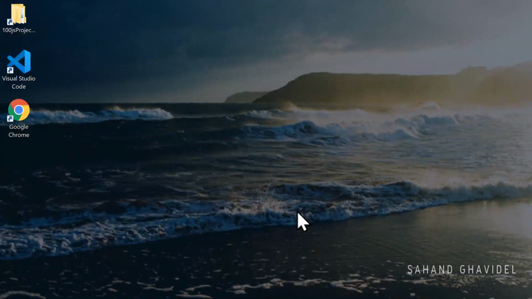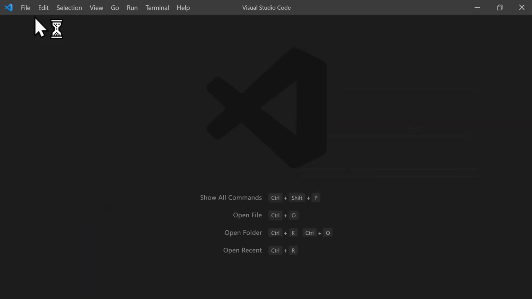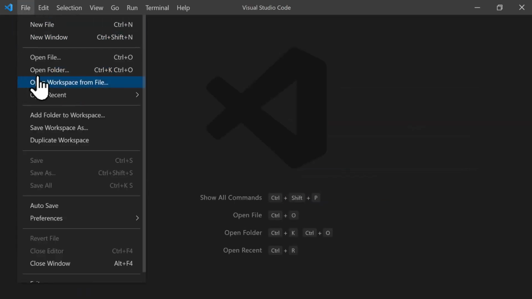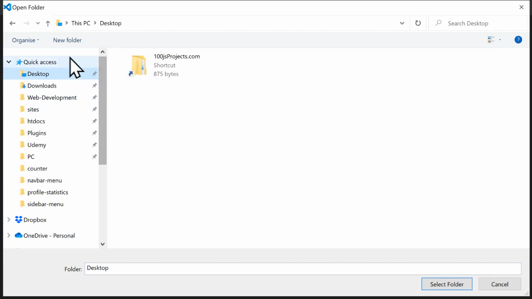All right, let's start our project. First, we open the Visual Studio Code. Here we close the Get Started tab, and in the File menu, we click on Open Folder. I would like to create a project as usual on my desktop, but you can create it anywhere you like in your computer. So here we click on the desktop and we click here on the New Folder button to